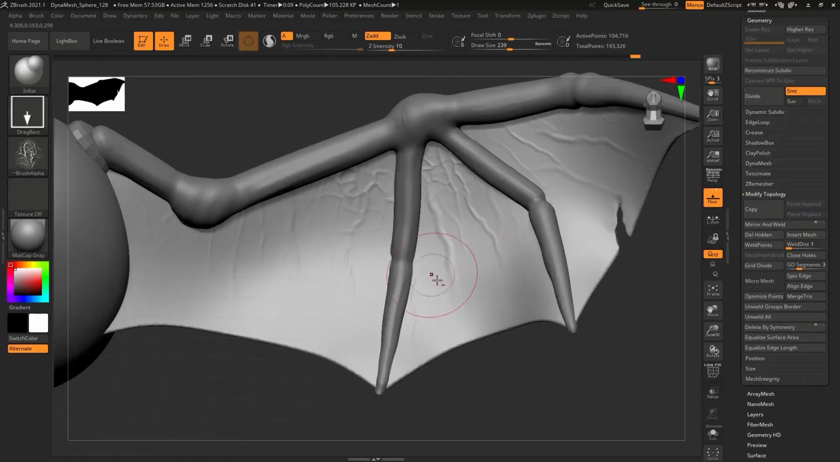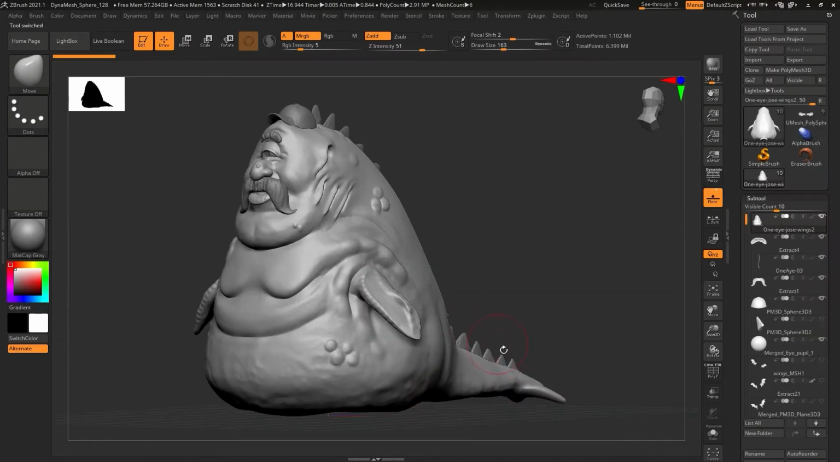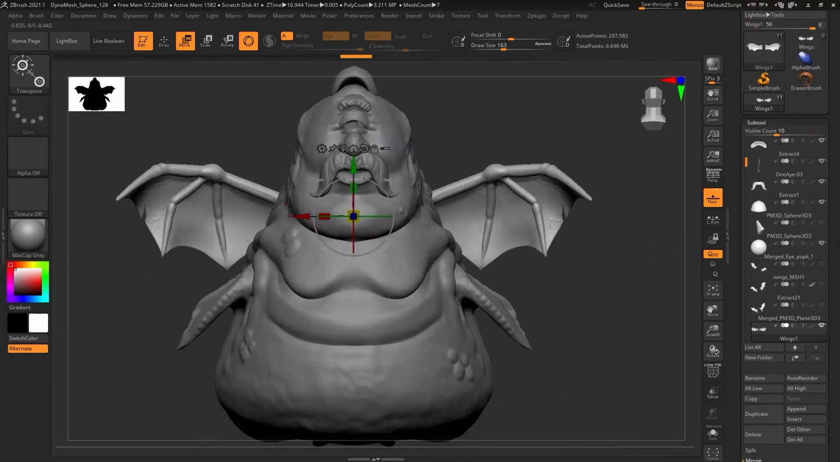If you want to learn how to sculpt demon wings inside ZBrush for 3D printing, toy design, or even animation,